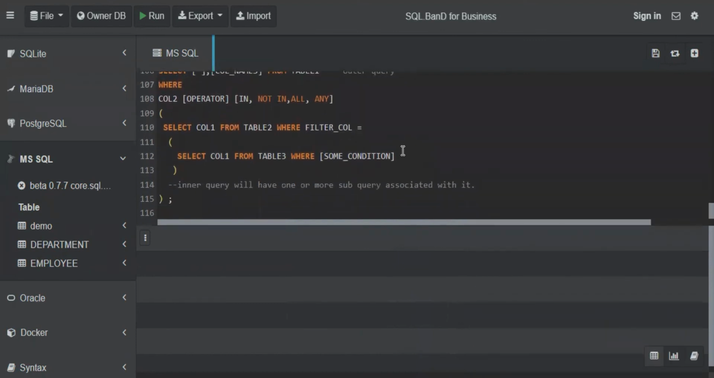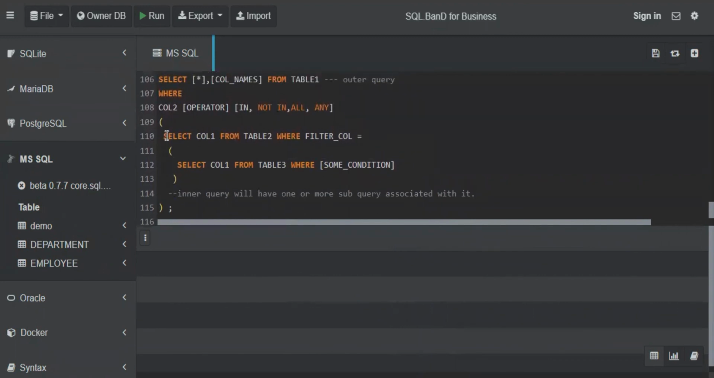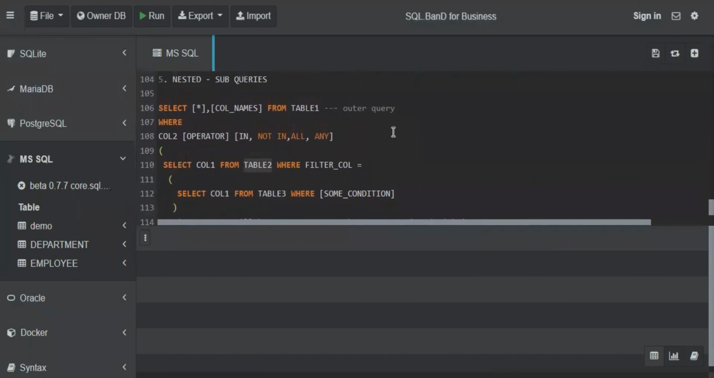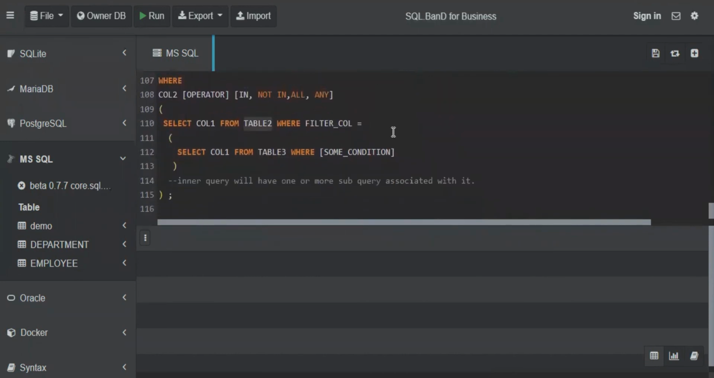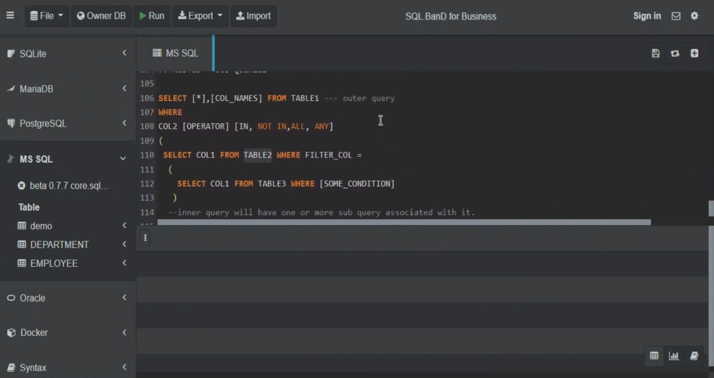So clear on these concepts? This is basically a subquery inside a subquery. This was your inner query for table 1, and table 3 becomes the inner query for table 2. Clear on this concept of nested subqueries? Okay, so these are the definition of subquery, how many types of subqueries we have, and what are the